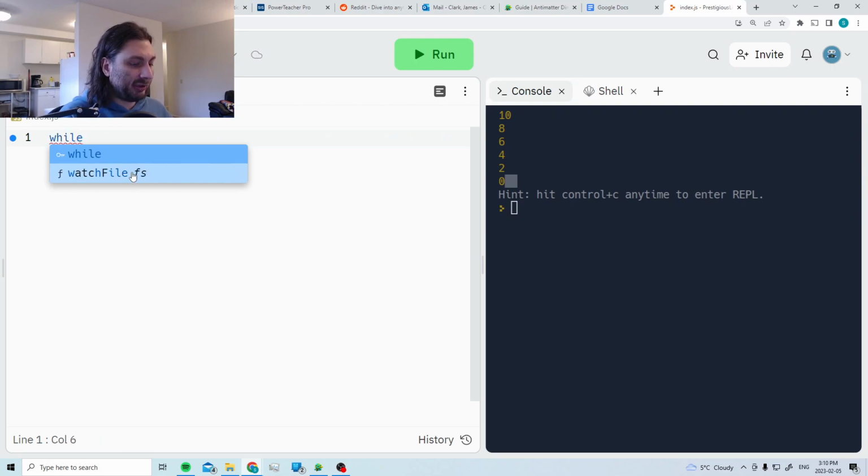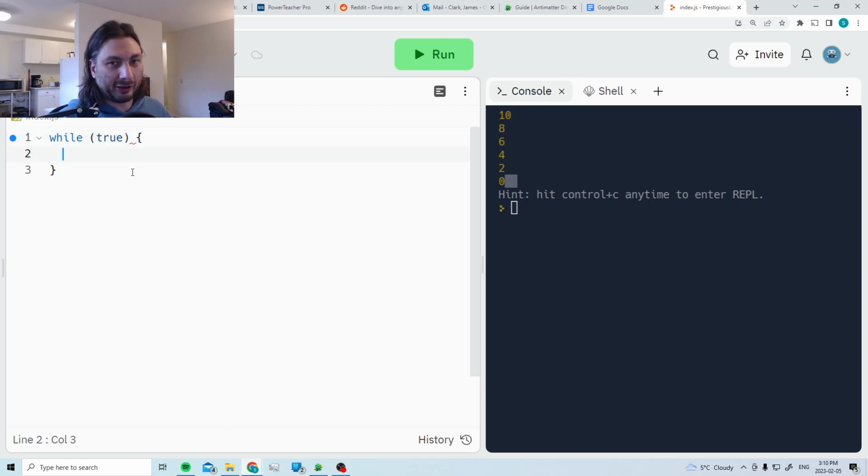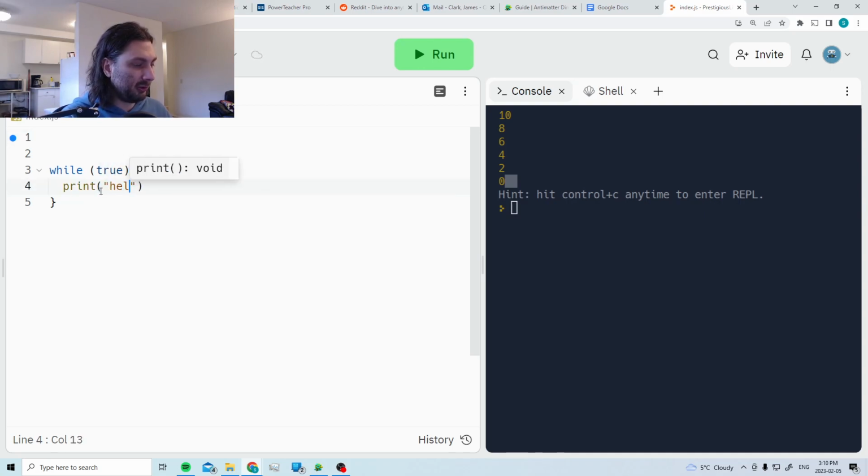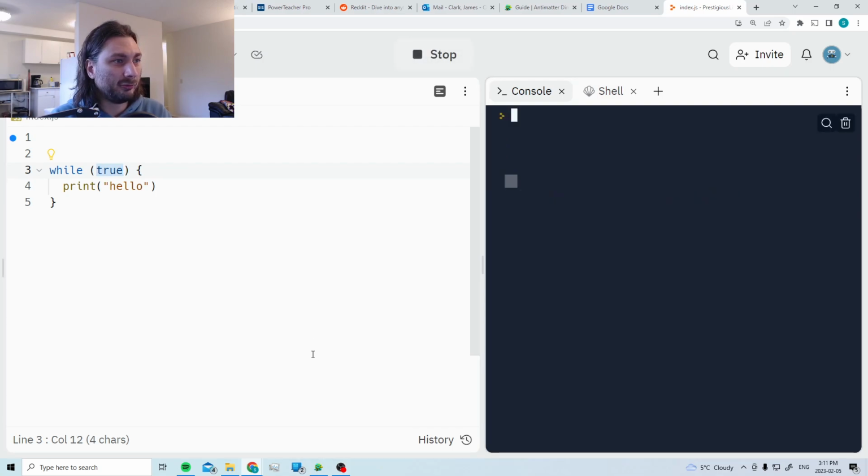So something you might see in a while loop. So this is a dangerous thing. This is called a while true loop, or an infinite loop. This loop will continue forever. If I don't, we'll say print hello. This is dangerous. Let's see what happens. So remember, a while loop will continue while the condition is true. If I put true in there, that means it's going to go forever because this is never going to be false. If I run it,